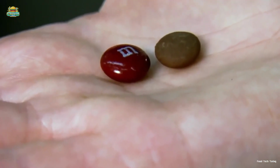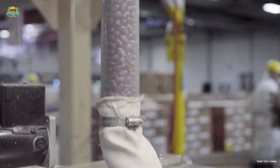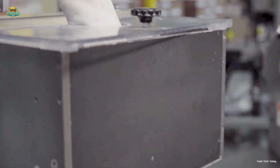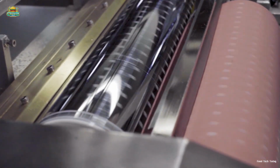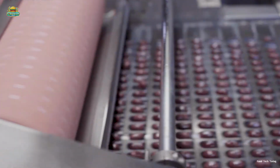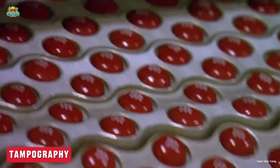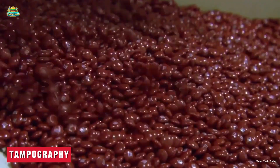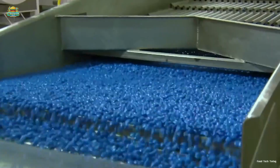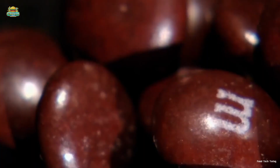One standout feature of M&Ms is the M imprinted on each candy. A special conveyor belt moves each candy into the correct position, and as they pass through rubber rollers, the M is stamped on without cracking the candy's shell. This printing technique, known as tampography, is a process that allows for precise printing on curved surfaces. Afterward, the candies pass through a fast-drying system to ensure the ink is fully set without affecting the glossy finish